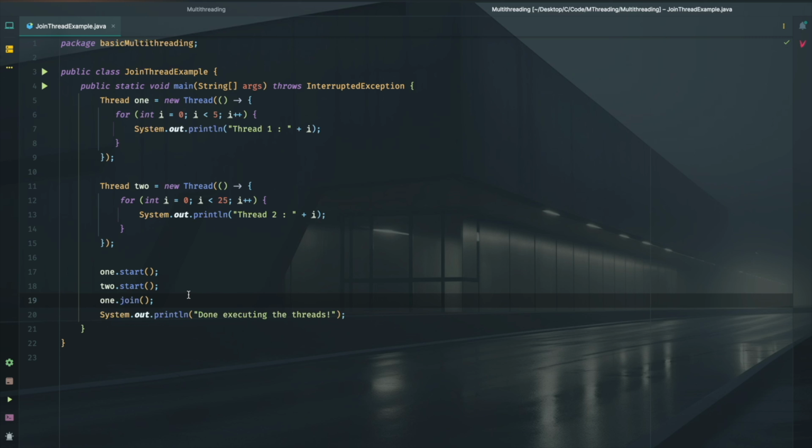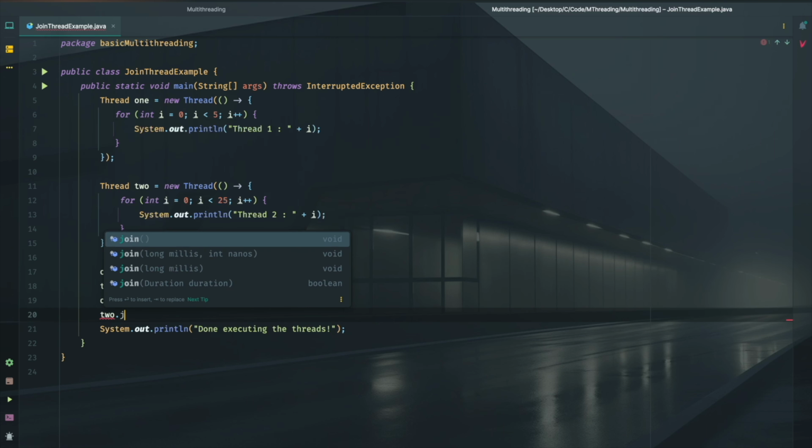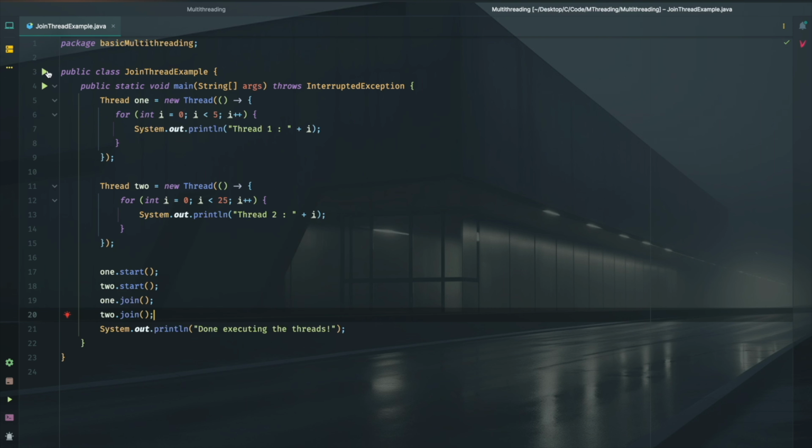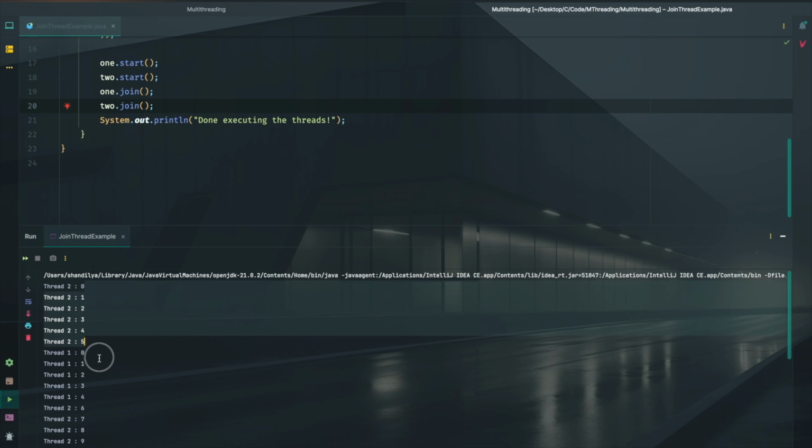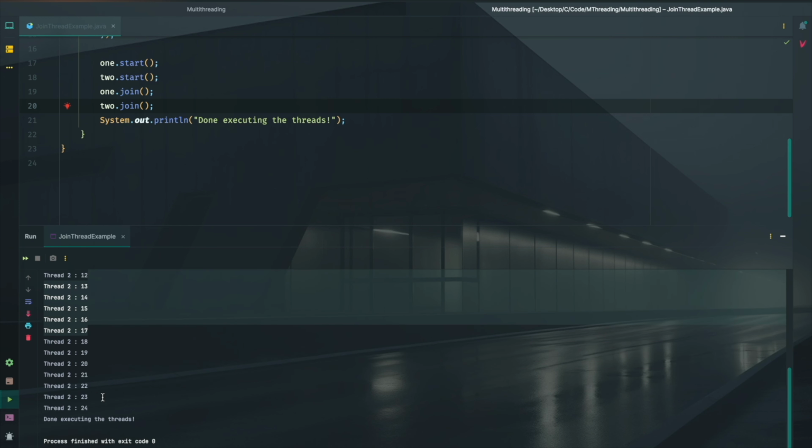So in that case, JVM will not only wait for thread 1 to get completed, rather it will also wait for thread 2 to get completed, and only after that this message will be printed. So let's try that out as well. Let's rerun the code and see what is the outcome. So you see all the threads are executed. So basically 1 and 2 are finished, and only after that we see the outcome, that is done executing the